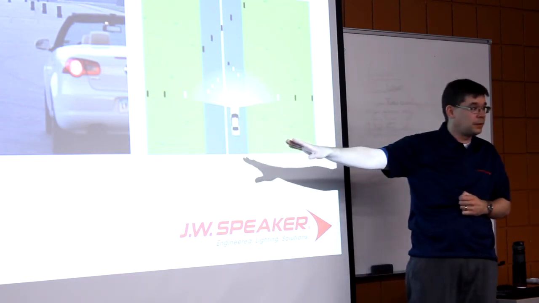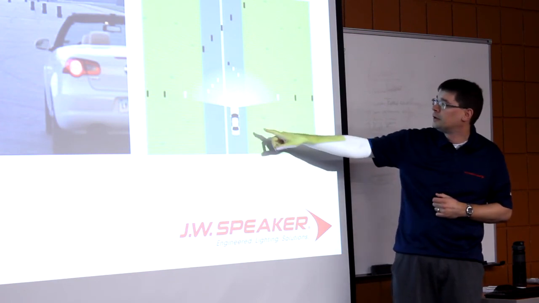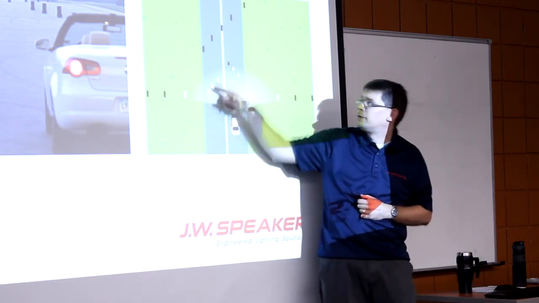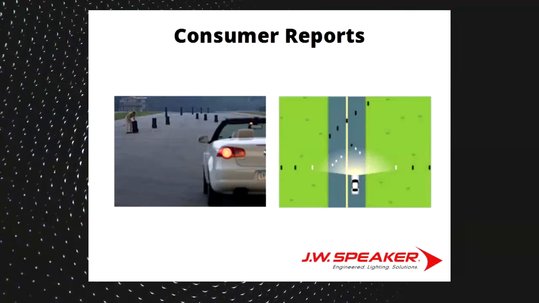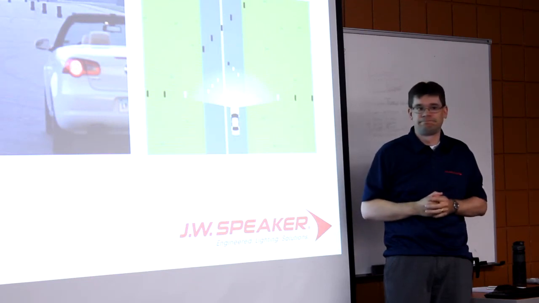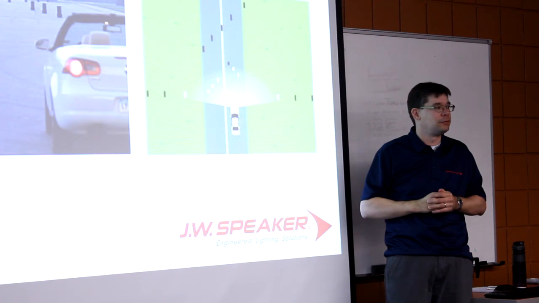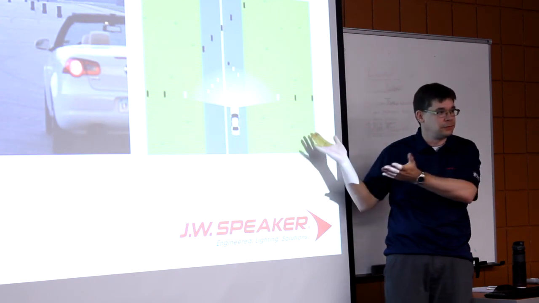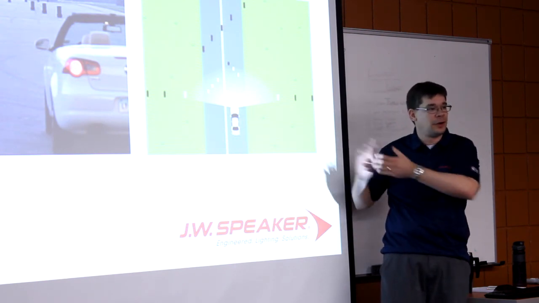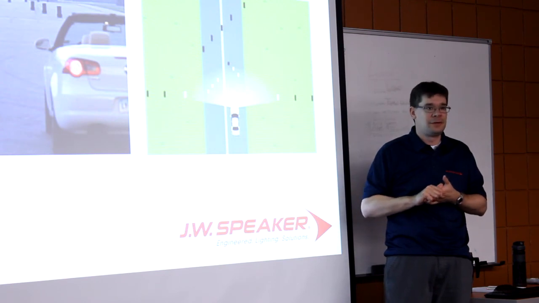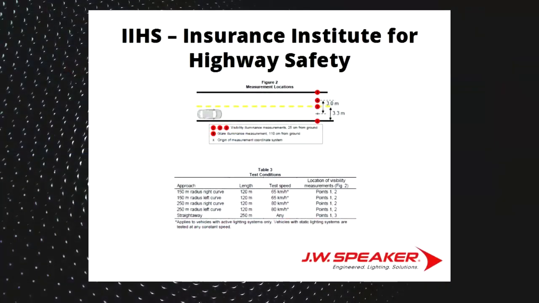This is also a static test. So you have your car parked here, and there's various points that they take measurements on and look at the performance of your low beam and high beam per their test. And they have their own values and what they determine is good or bad, and this is another form of testing headlight performance. Then there's a third one that's probably been in the news more recently, the IIHS